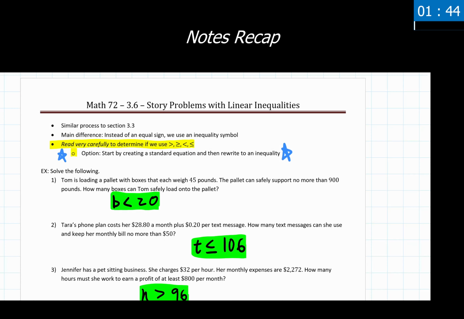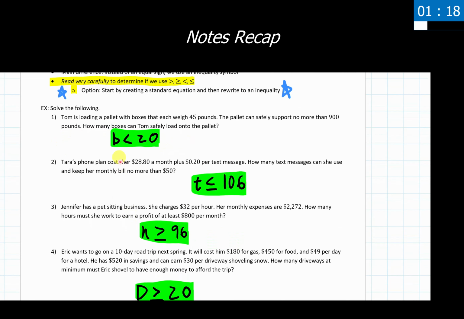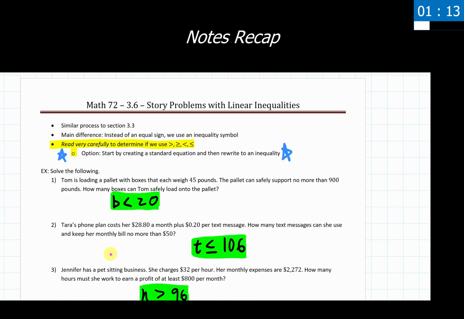Bringing things back together at the very end of the 3.6 video here, we went through our story problems with linear inequalities, and we went through our different processes that we could use to create these inequalities and solve them for ourselves. All of the processes that we did use today to write out and underline important information or make lists of important information, all of that can be used in any of these problems and any of the problems that you might experience on the homework or in your particular classes.